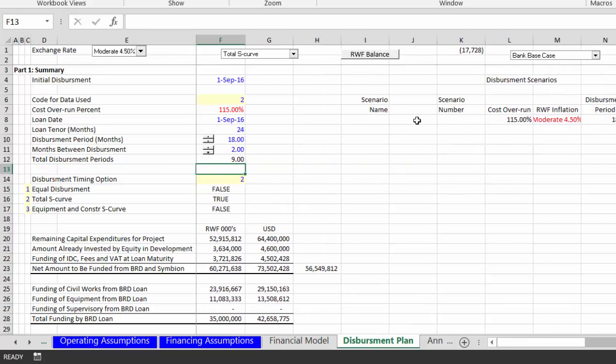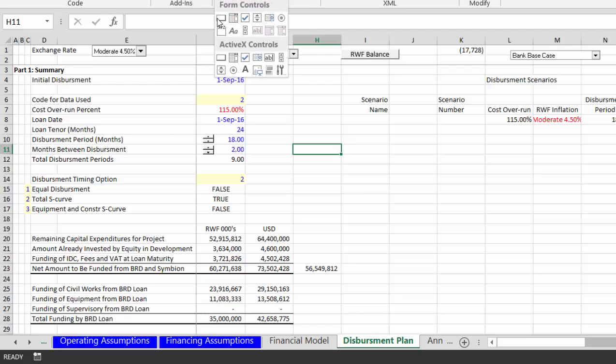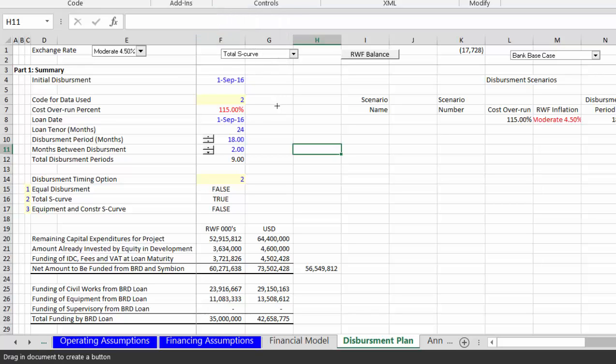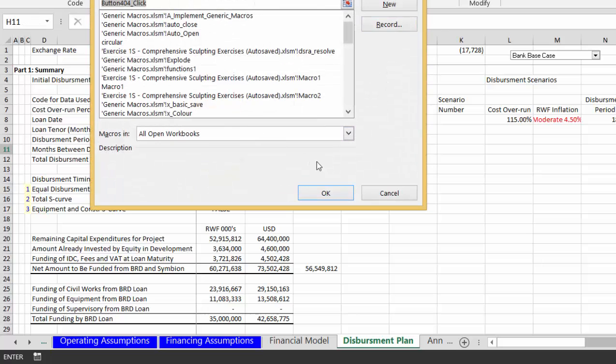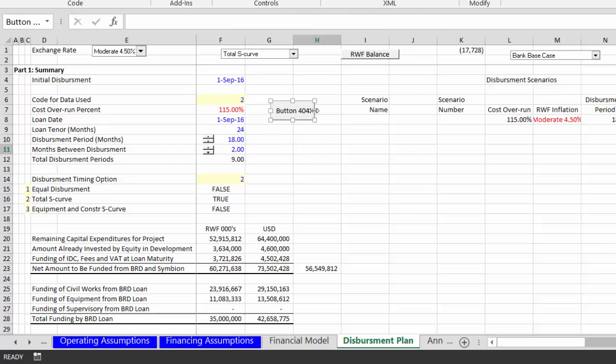So let's put a couple of tabs that we're going to use. So the first tab that we're going to use, and we won't even connect it yet, I just want to try to explain how this is going to work. The first tab will be create a scenario. Okay? So let's, button 404,